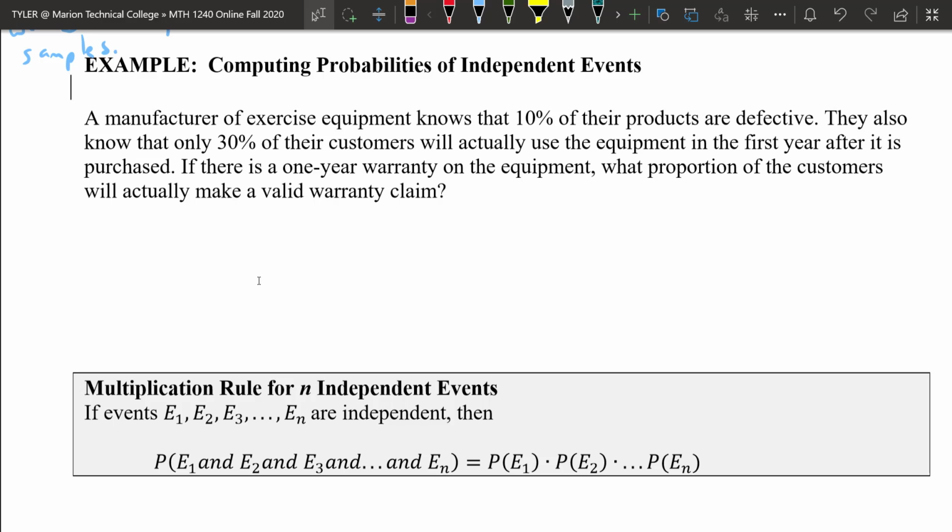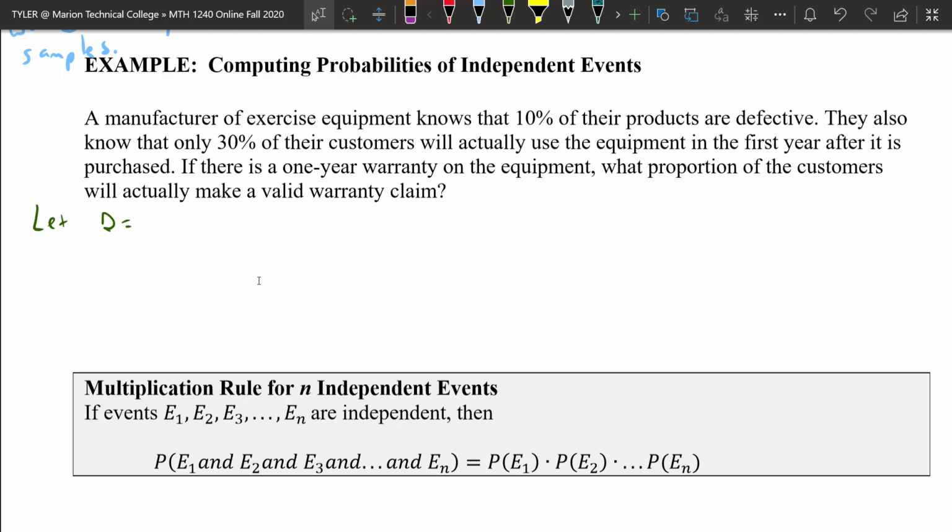It says a manufacturer of exercise equipment knows that 10% of their products are defective. They also know that only 30% of their customers will actually use the equipment in the first year after it's purchased. If there is a 1-year warranty on the equipment, what proportion of the customers will actually make a valid warranty claim? So let event D